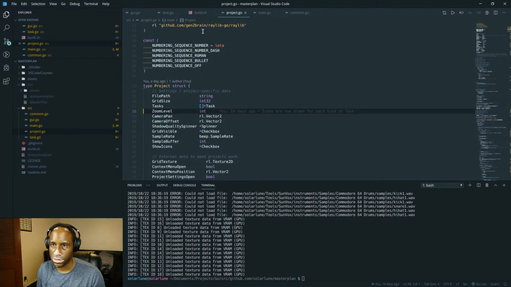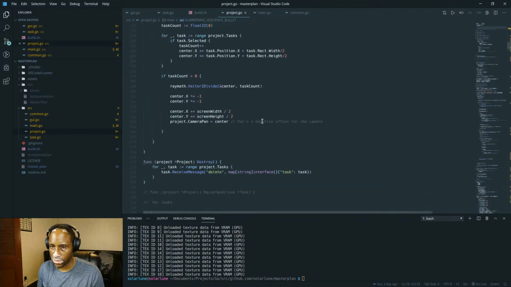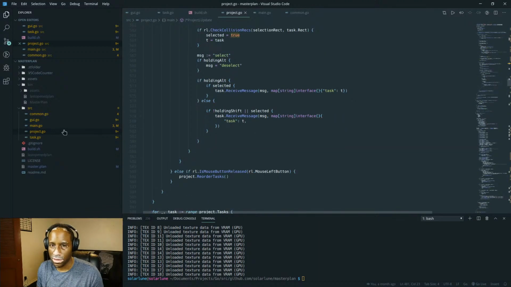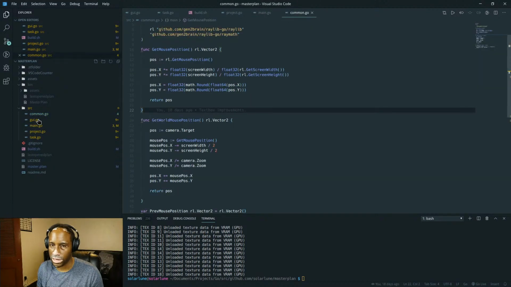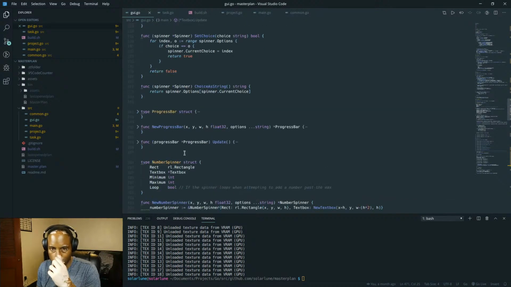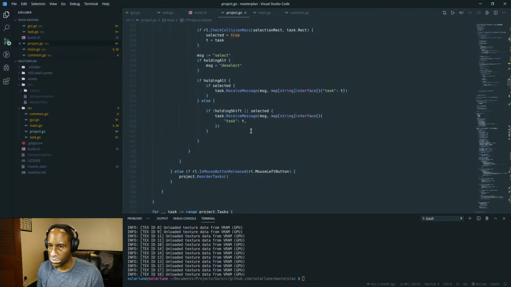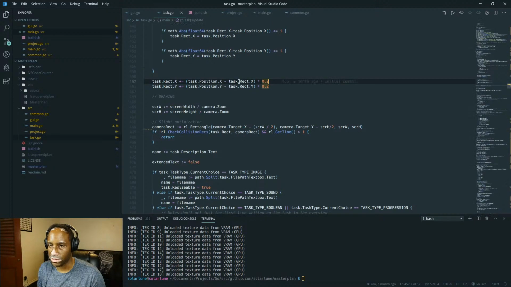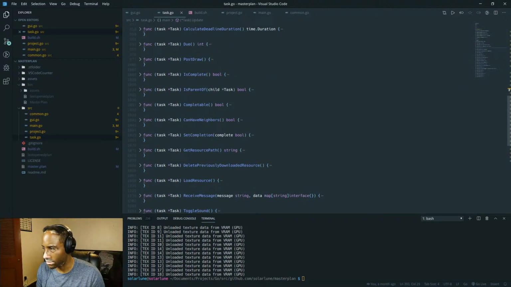So let's go to project. This is kind of interesting because I've never shown the guts of the program before. The actual source is kind of tiny, but each file is pretty heavy. Project's kind of big, tasks is pretty huge. Main is small. GUI is just GUI stuff that I made. Common is just getting mouse positions. So what we want to do is be able to close a task. I have a messaging system set up, and I think we can use that to make the task close.